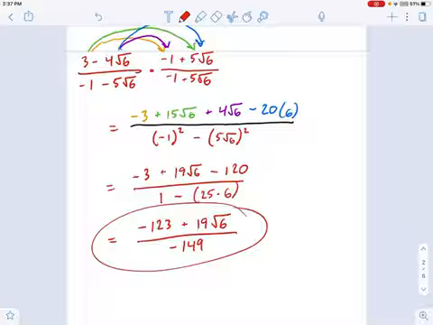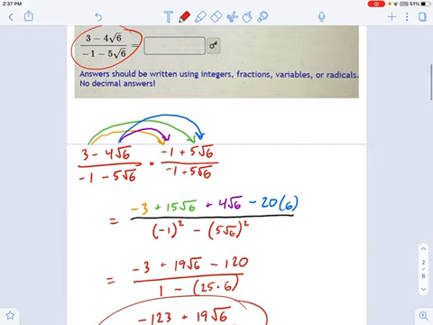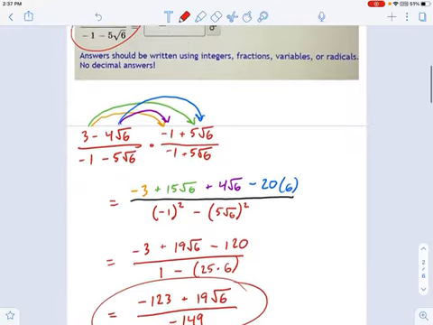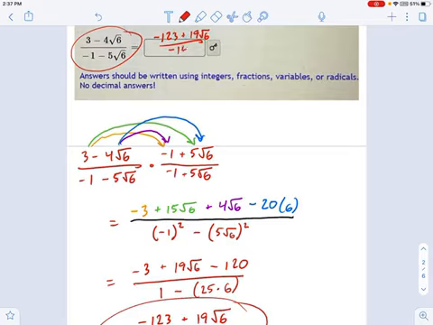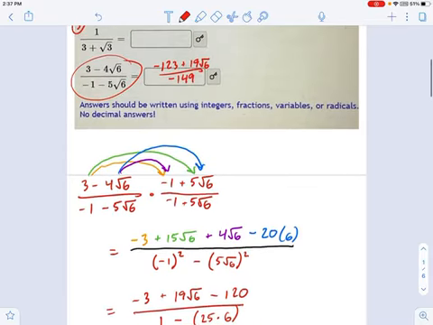So that looks great. That's a much nicer fraction, believe it or not, than what we started with right here. And the reason is, it doesn't have any radicals on the bottom. And for a variety of applications in mathematics, that distinction is important. So you can write it in this form, and that's perfectly correct. You can simplify it a little more if you want, but I think we get the point now.